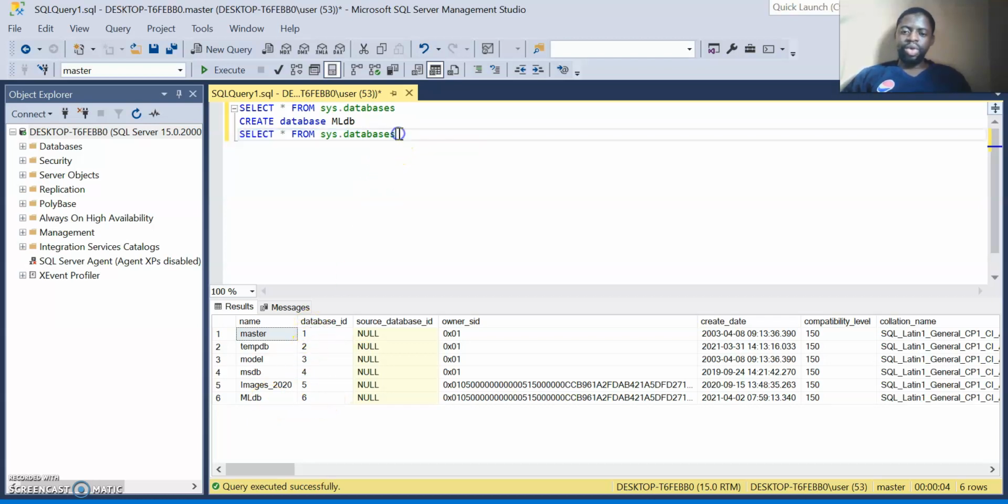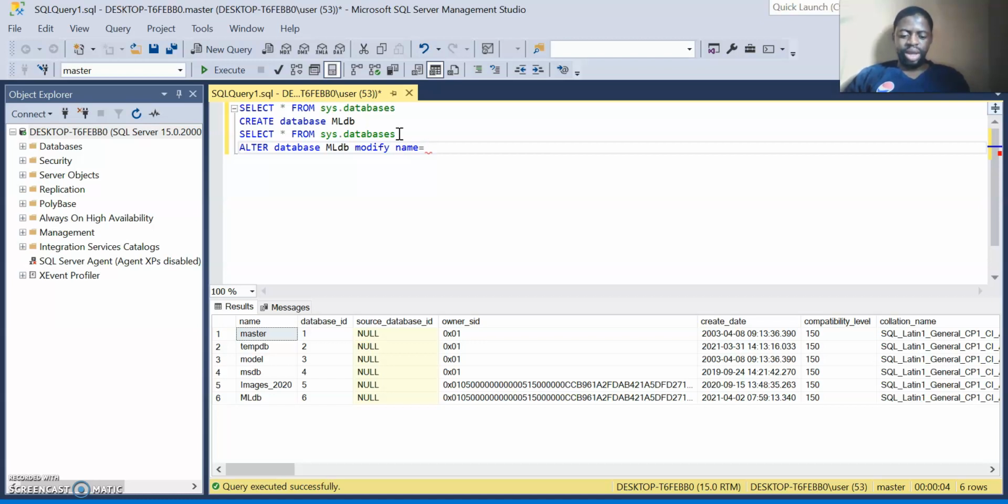So what I'm going to do now is modify the name of that database that I just created. So you go to alter database, you write alter database MLDB, and then modify name equals, I can actually provide a name of a new database.